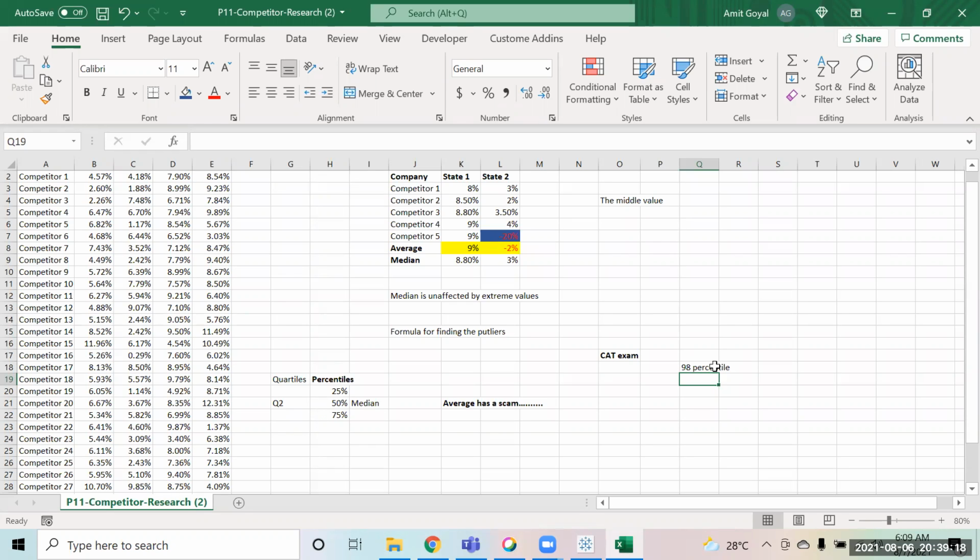Right. So 98 percentile means that if suppose 1000 students appeared in that exam, and he has a 98 percentile, that means 2% of people are above him. That means there are 20 students who are better than him, and the rest, 980 students, are behind him.